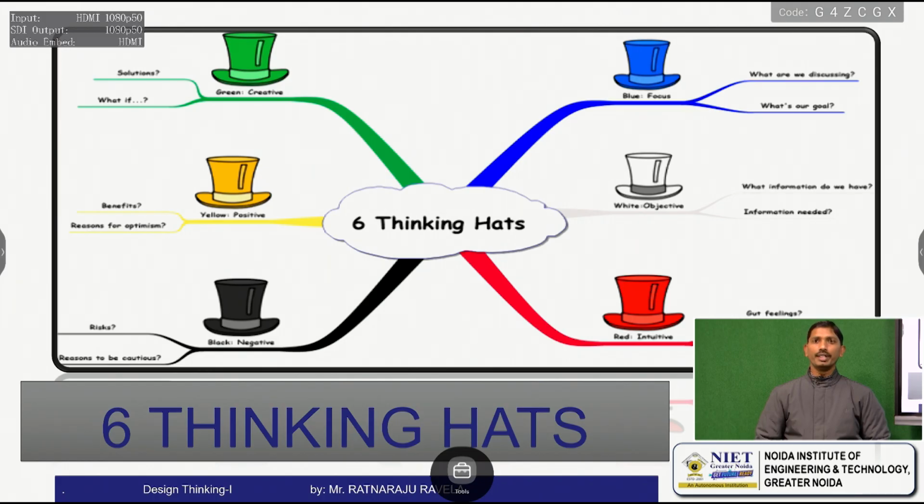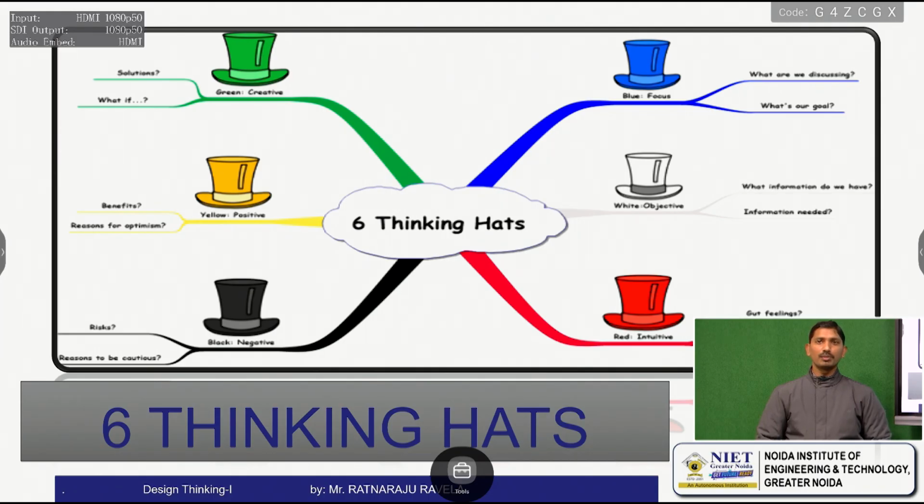Before we go into detail about the six thinking hats, first of all we have to see the design thinking process. As we already know, the design thinking process is a 5-stage process containing empathy, defining, ideation, prototyping and testing. In the empathizing stage, in order to understand the unknown problem, we will empathize with the customers, and after empathizing we will share all our views, and then finally we will go on to define what the real problem is, where we will make the problem statement.